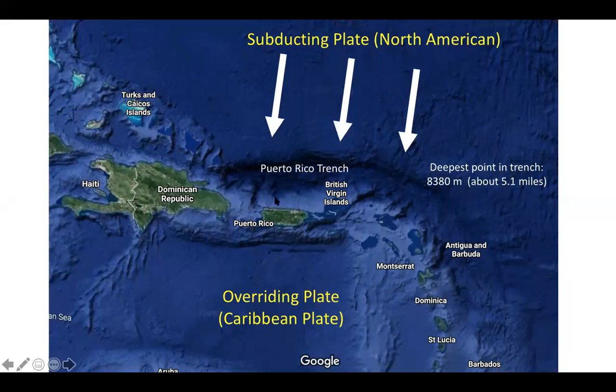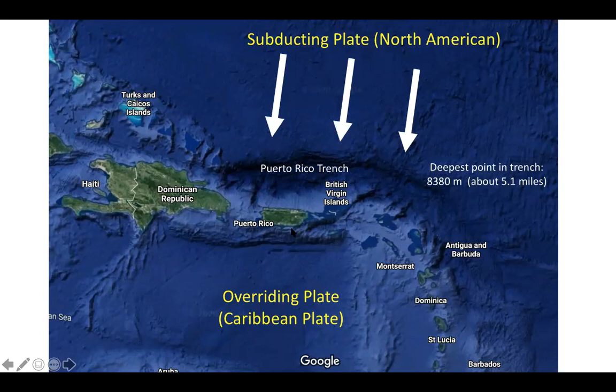Puerto Rico is a territory of the United States, and then the island of Hispaniola, which has the Dominican Republic and Haiti, and then the British Virgin Islands, the U.S. Virgin Islands. They exist on the Caribbean Plate, but this North American plate is currently traveling toward the south, and